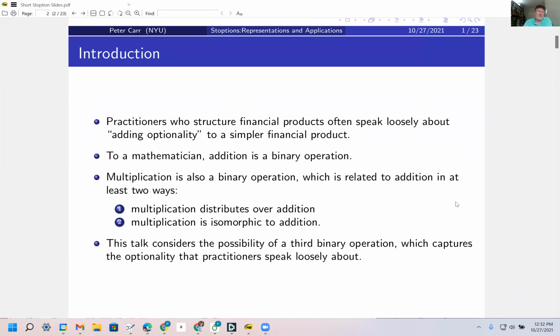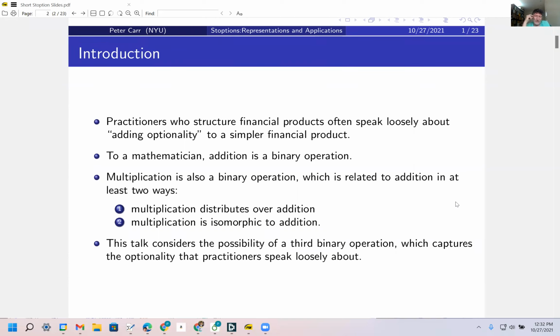So I just want to remark that practitioners who structure financial products often speak loosely about adding optionality to a simpler financial product, and that to a mathematician, addition is a binary operation. A binary operation is formally defined by mathematicians as a way of combining two numbers in the same set to produce a third number in that set. And addition certainly does that for real numbers, say, but